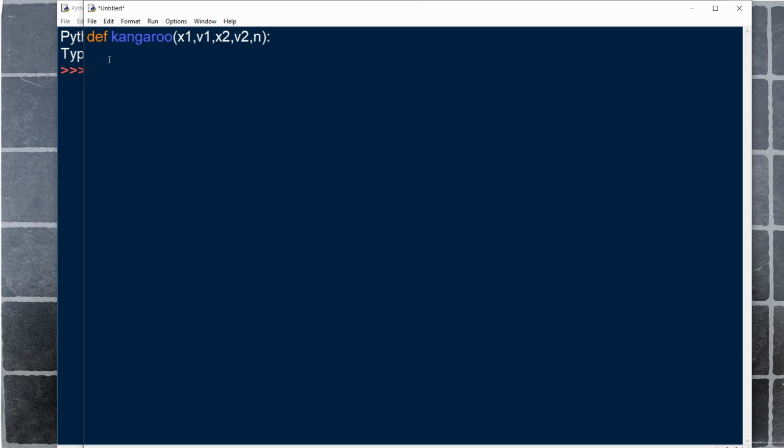The x1 and v1 are the starting position and jump distance for kangaroo 1, and x2 and v2 are the starting position and jump distance for kangaroo 2, and n is the number of jumps.